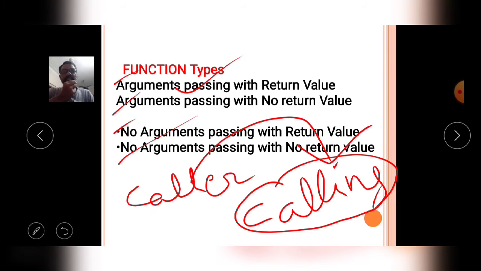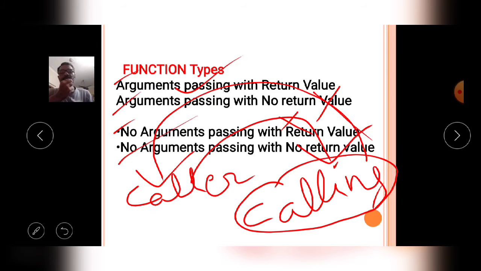After completion of the execution, no return value is passed from the calling function to the caller function. Means from the caller function to the calling function, no values are passed. Then after completion of the execution, the calling function also does not return anything to the caller function. So this type of functions are called as no argument passing with no return value.